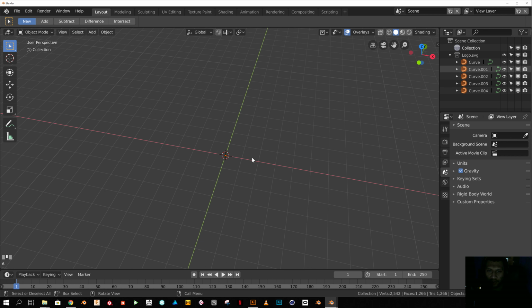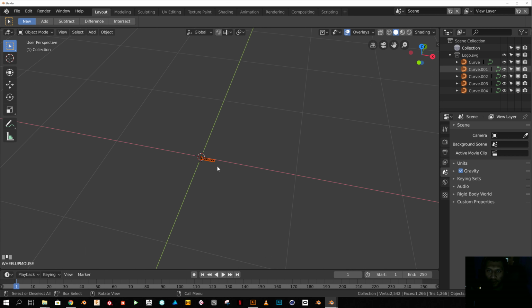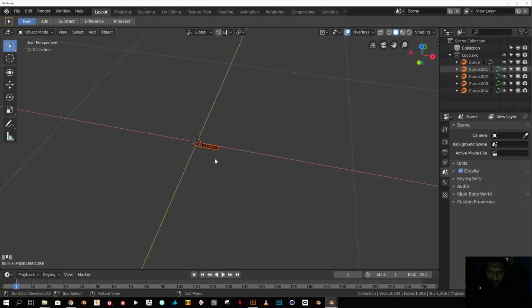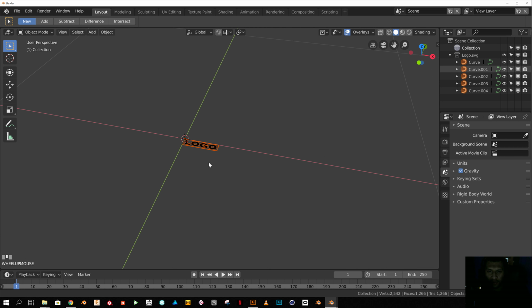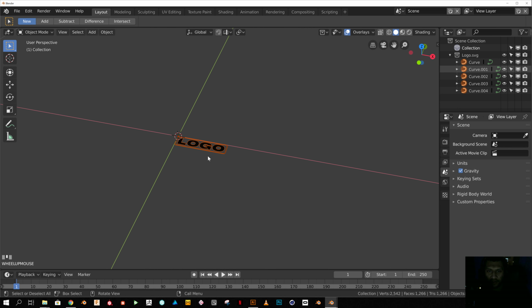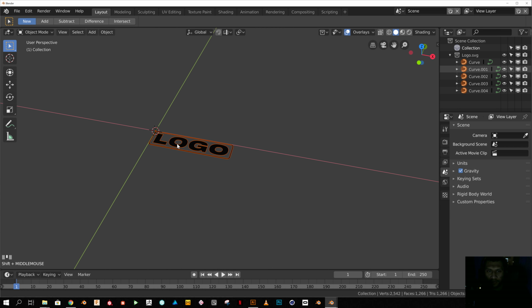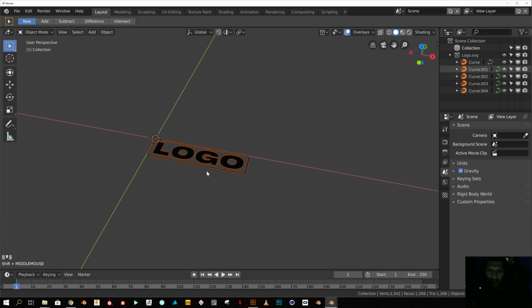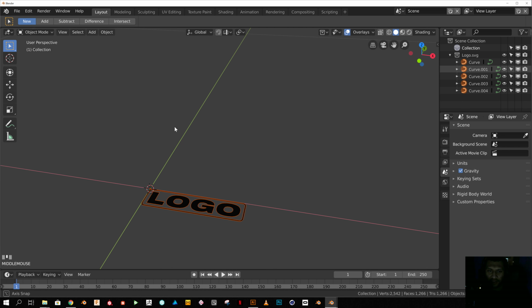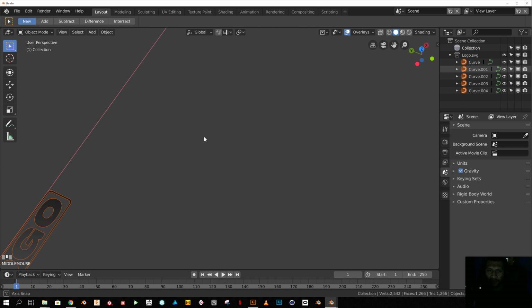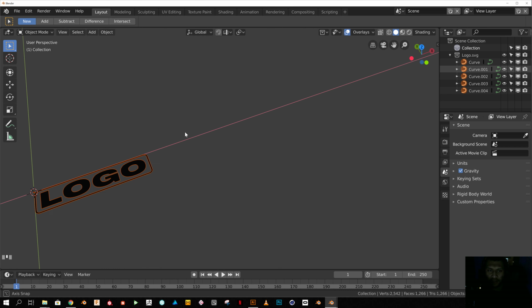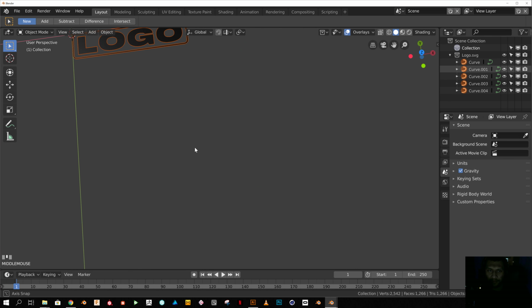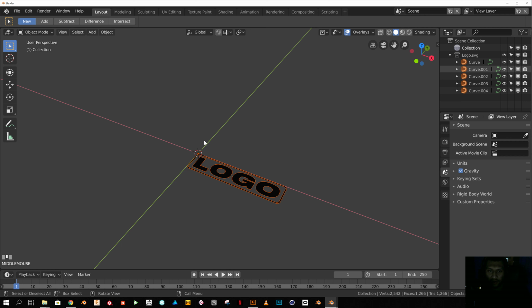Okay, now you can just zoom in, and by hitting Shift and the middle mouse button you can pan around. You zoom by just zooming in and out with your mouse wheel, and rotating the viewport is just by clicking down the middle mouse button, like so. Alright,